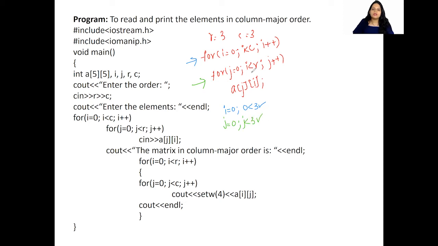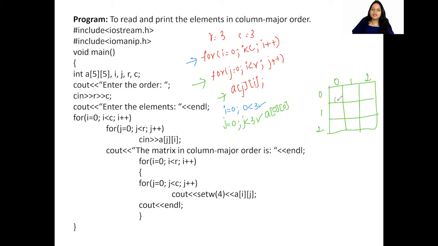This is true. Then what should you do? It says take the value for A of j comma i. What is the j value? The j value is 0, and the i value is 0. Let us see the logical representation of this. Here this is 0, 1, 2, the subscript. This is the row subscript. This is the column subscript.